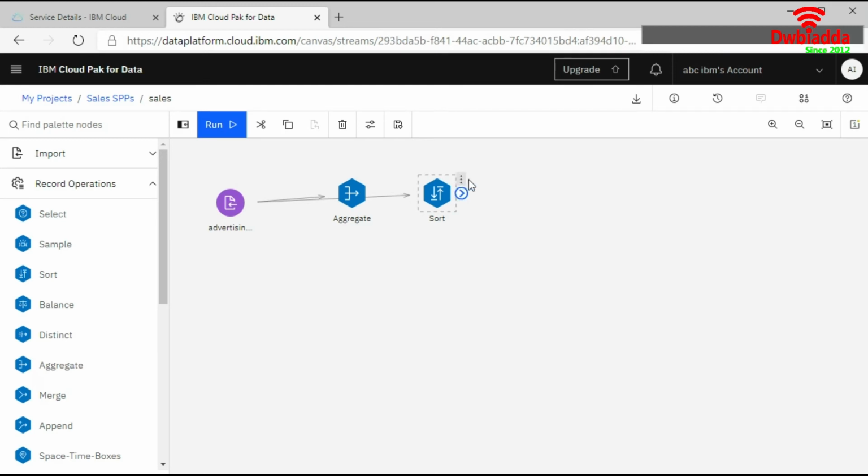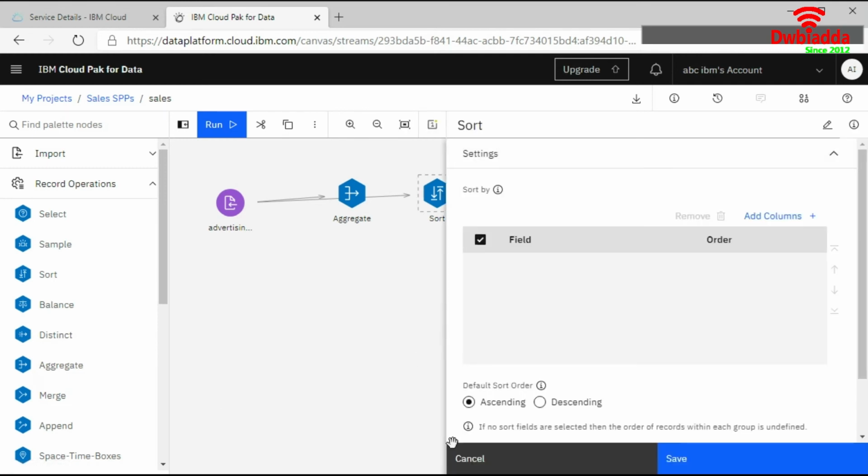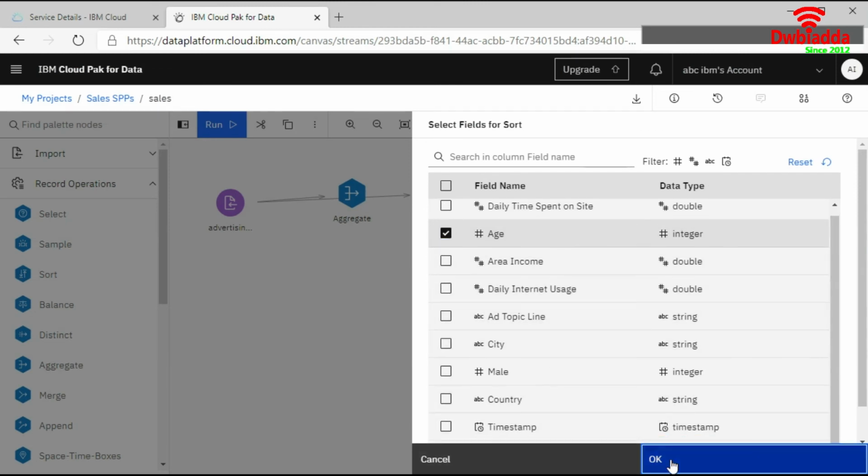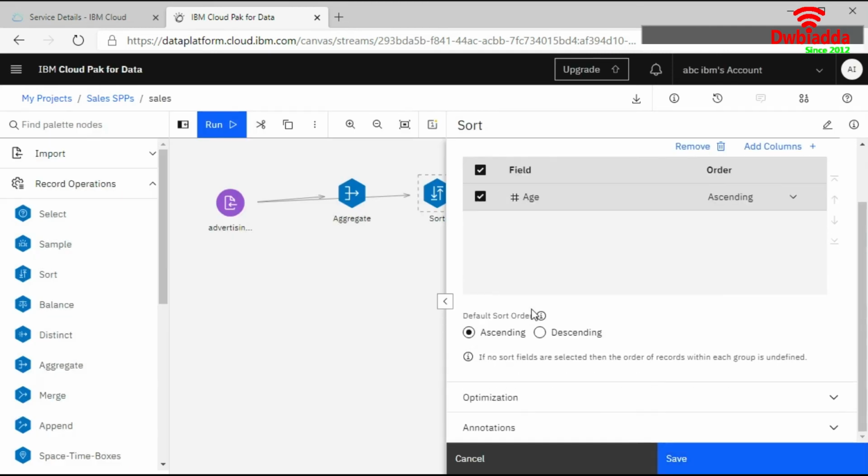Click on this. Now we can take this one. If I again consider this age, I want to sort it in ascending or descending order. Right now I have chosen the ascending order. So we will save it.